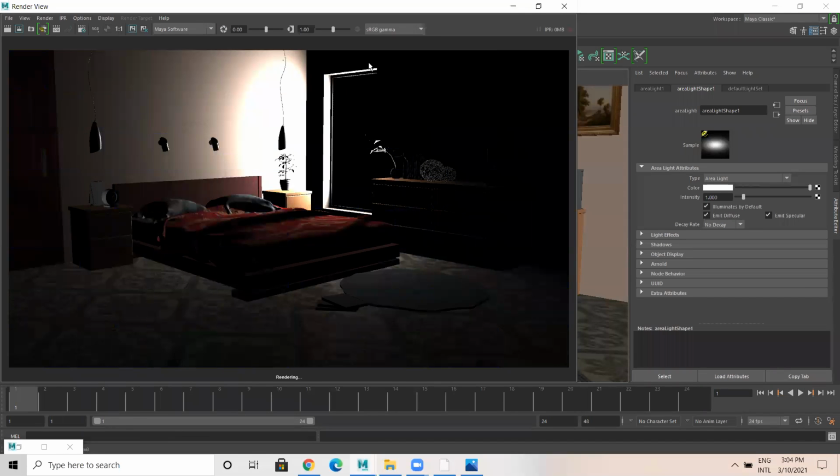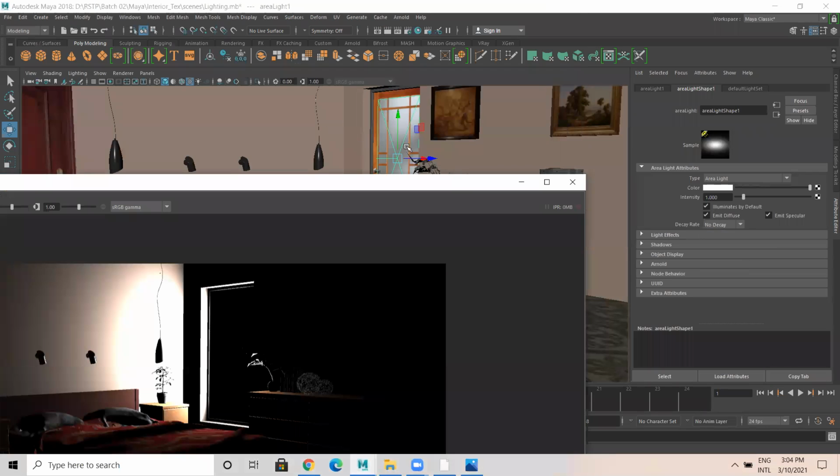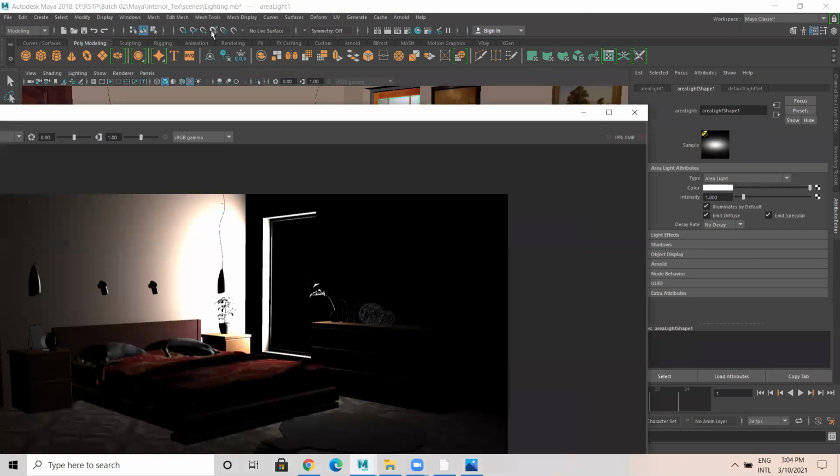You are getting an output something like this, with a lot of light bleach. This is too much. So now I'll change the decay rate. Area light has been selected here. This checkbox here is called model.